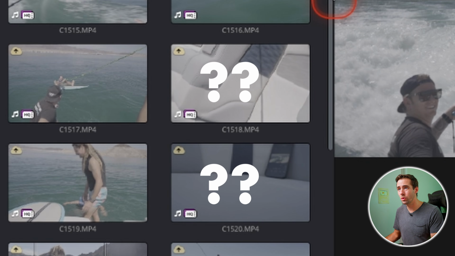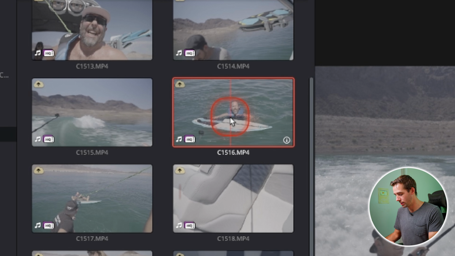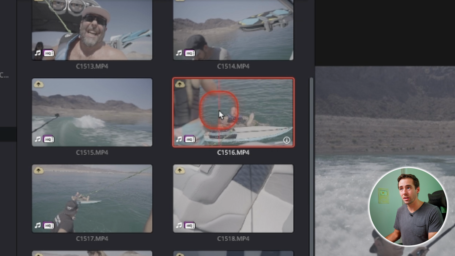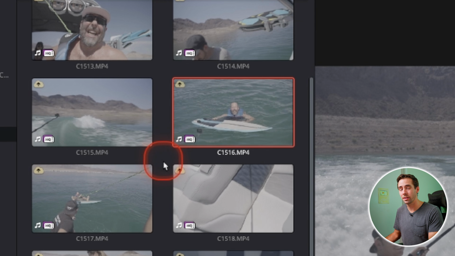So what you can do is you just hover scrub over. And so, okay, he's in the water talking there. I'm going to click and select it and then hit Command P. And that's going to set a poster frame. You'll see now once I scroll away, it stays on that frame. Even if I click, scroll, go through and go off the end here, it goes right back to that frame,